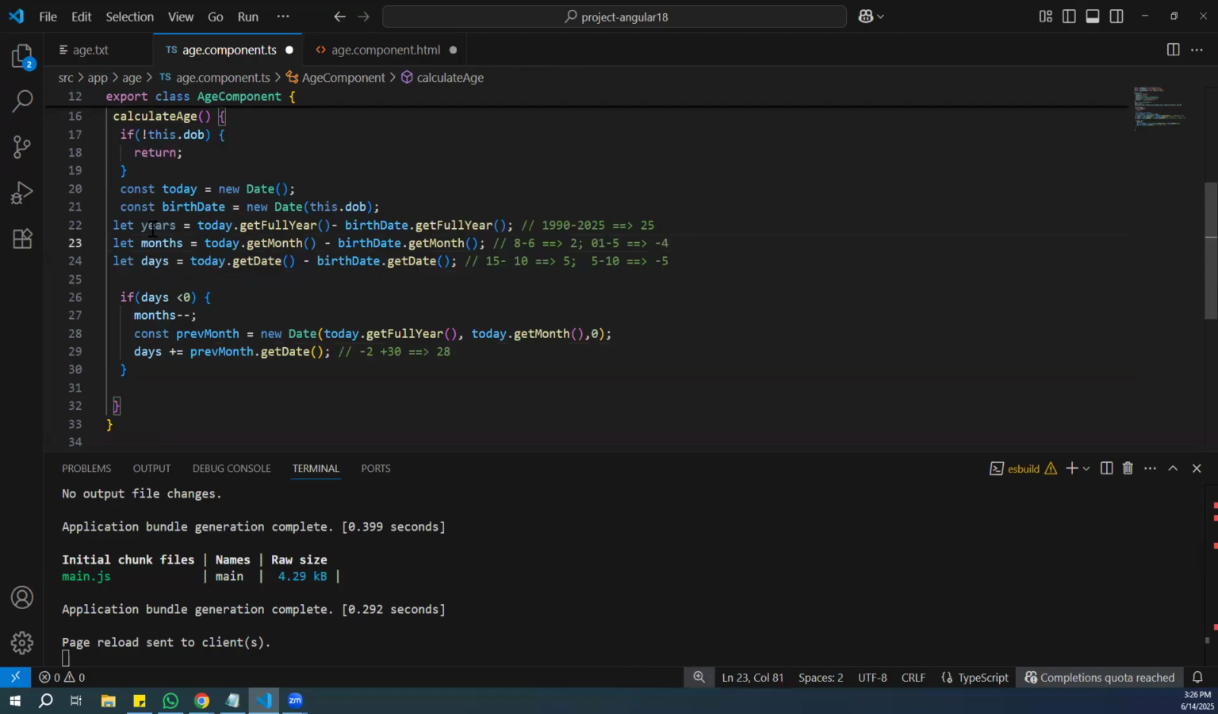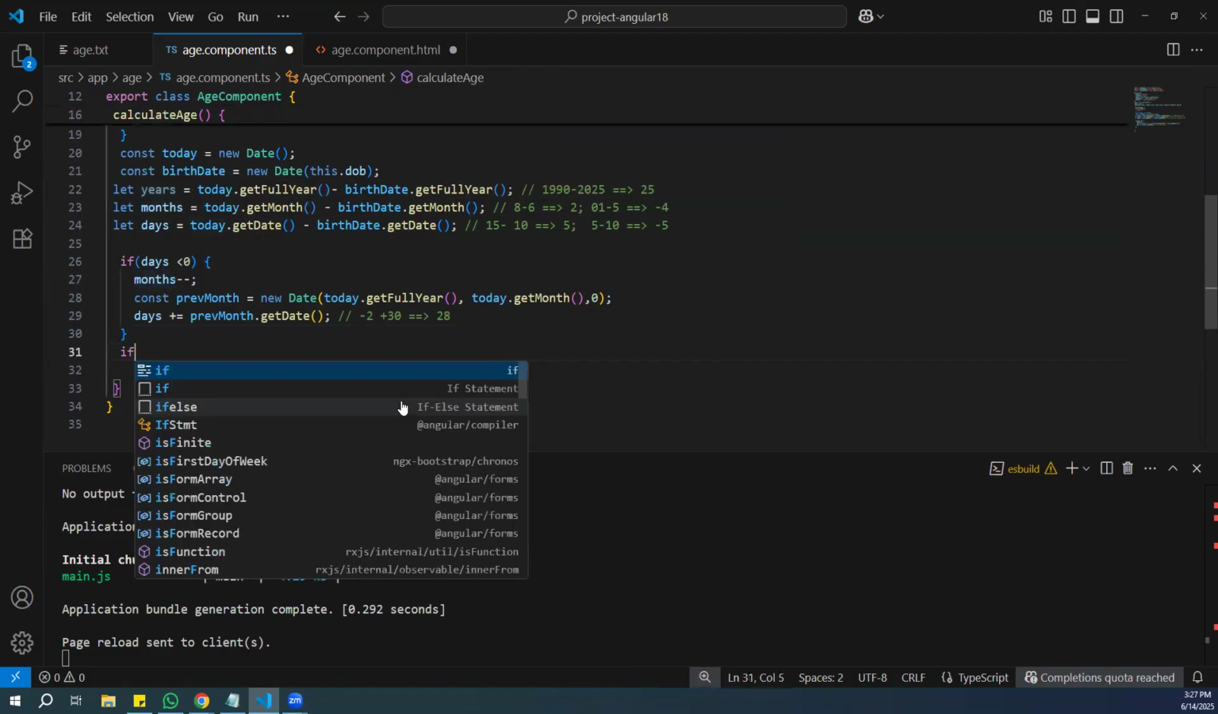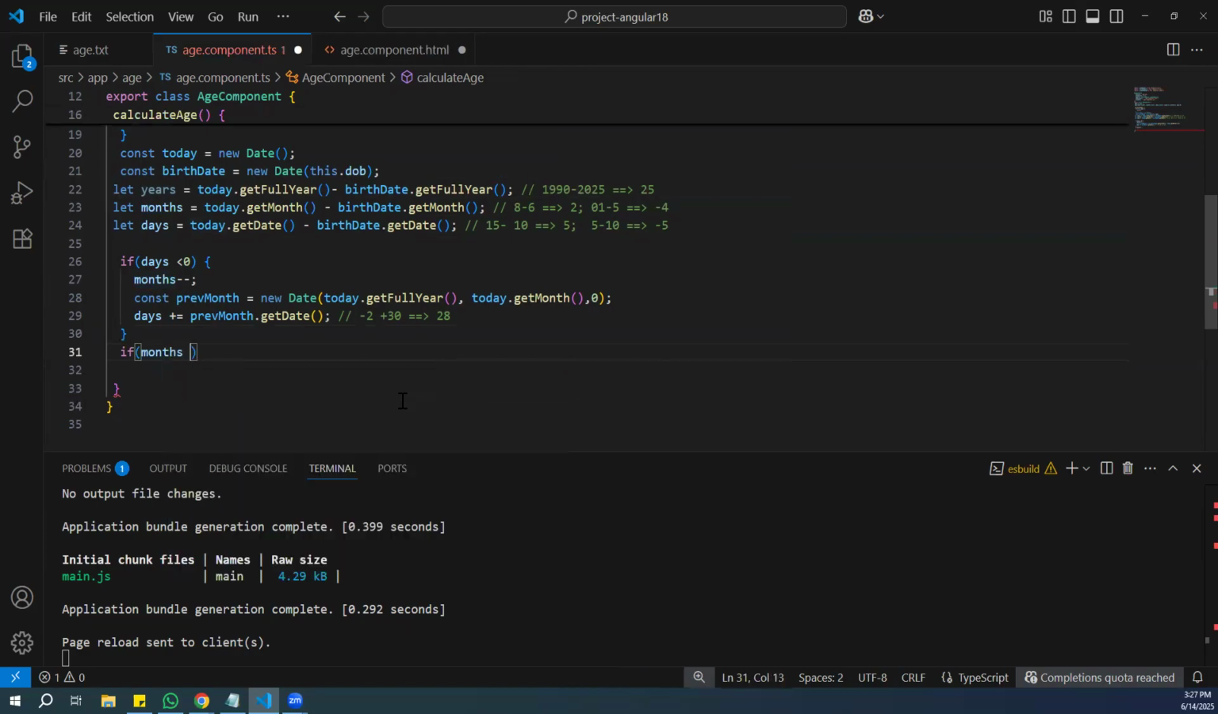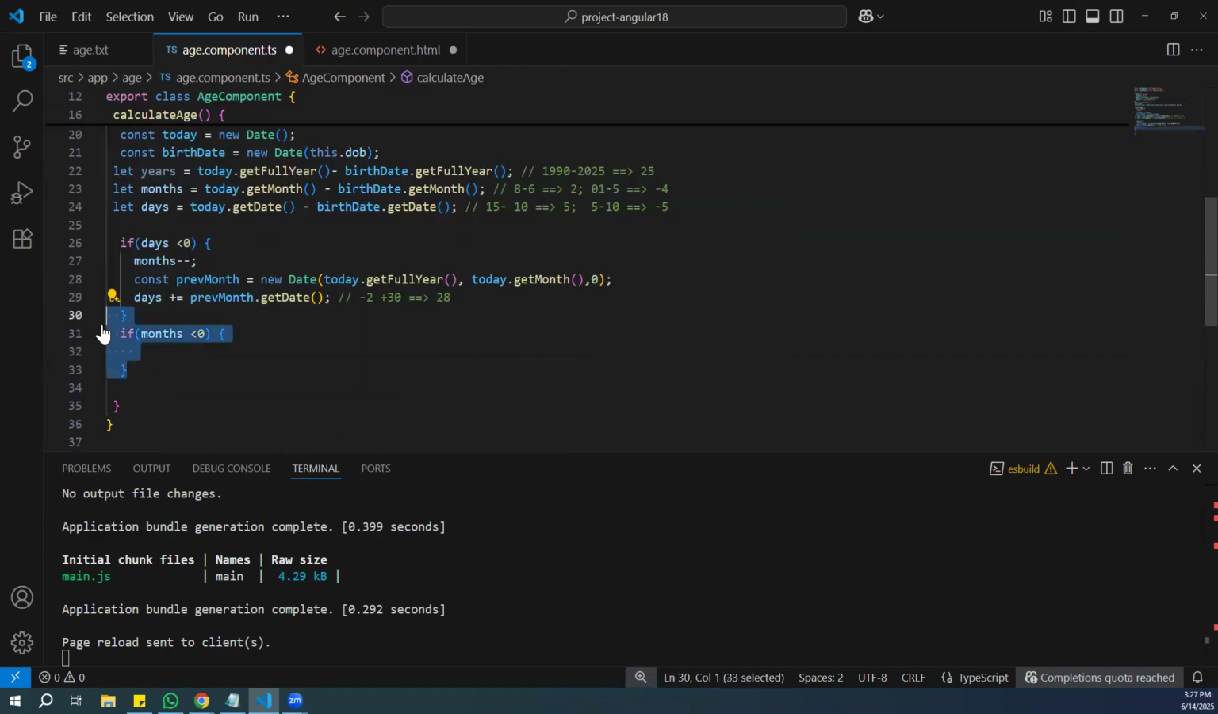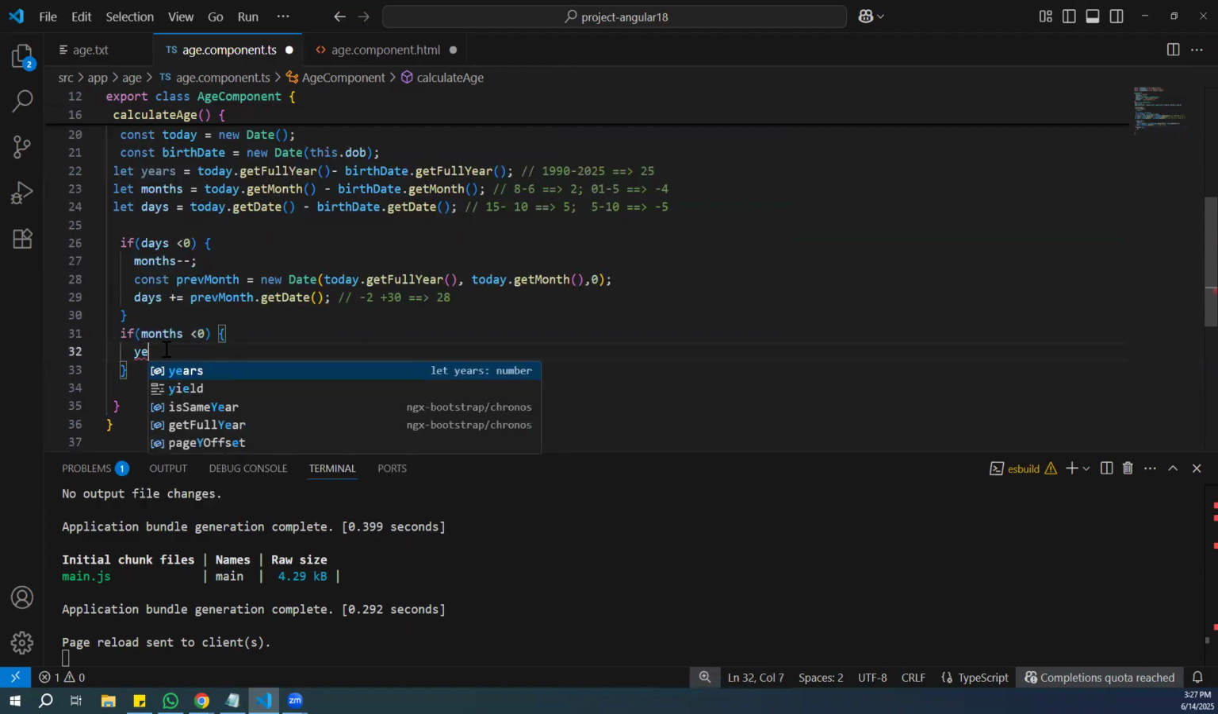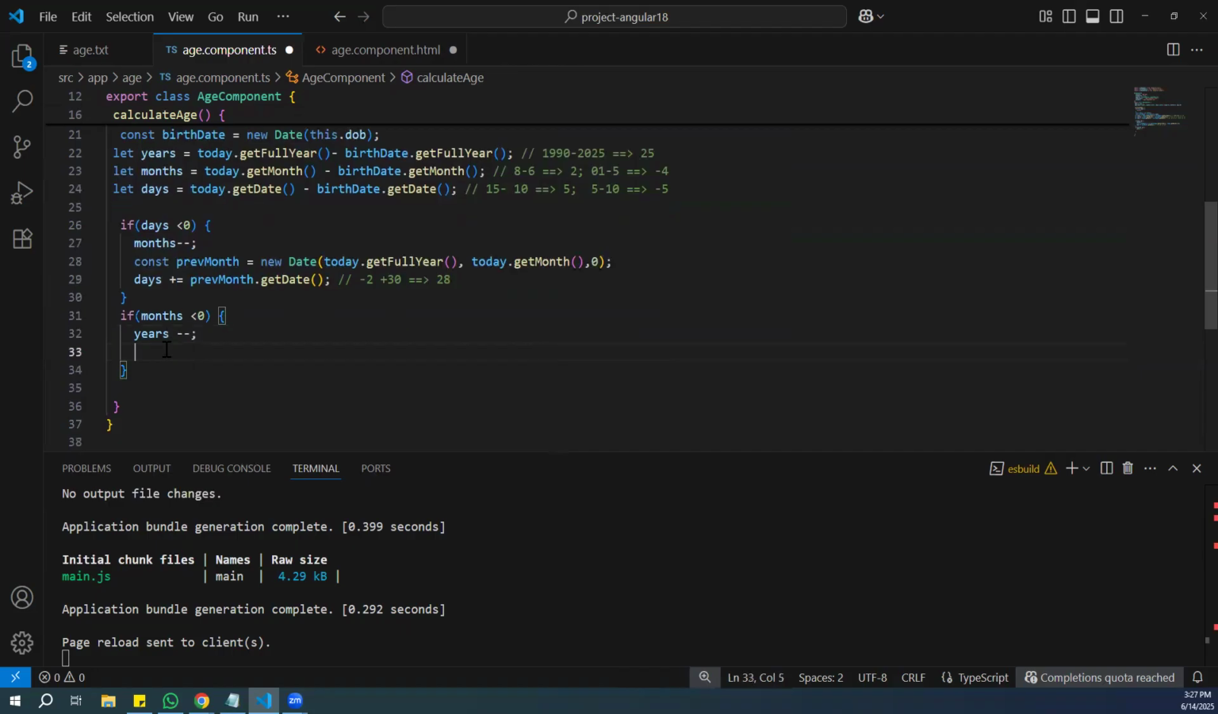For that time, you need to remove 1 year from the years variable. Then you can calculate that month. For that, I'm writing one more if condition. Months less than 0. If your months become minus, only then this statement executes. I'm doing years minus minus, semicolon. Right? Very good. Then I want to display months plus equal to 12 months, right? Yes. Here I am adding 12